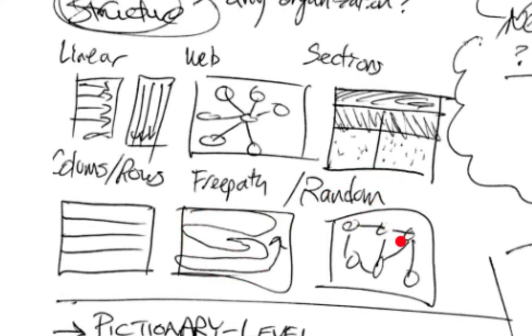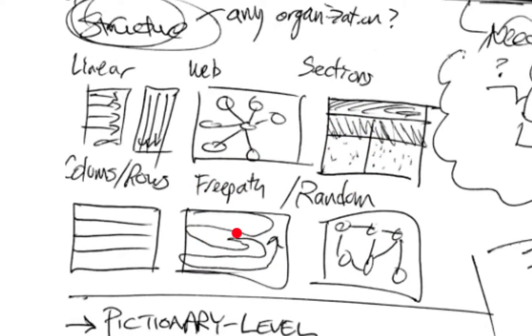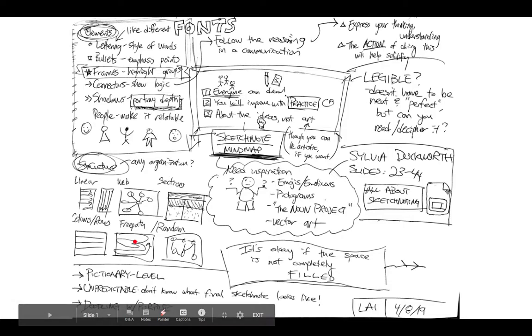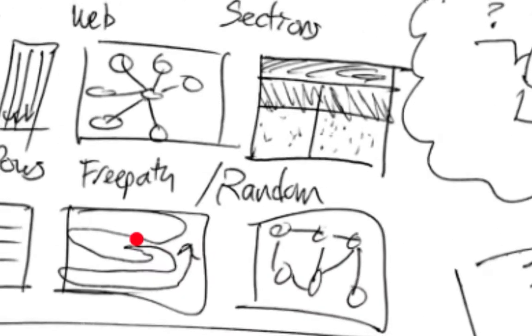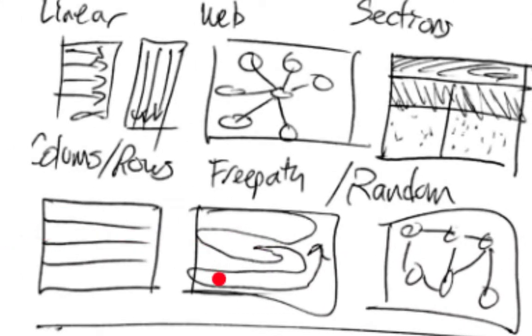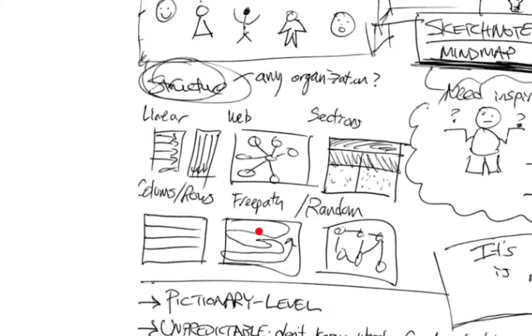The way I take notes, maybe you can tell from here, I kind of have sections, but it's a free path. Rarely when I do these things do I plan it out. Maybe I'll have a couple ideas. Maybe I'm basing it off an existing visual, but mine is definitely very free flow.